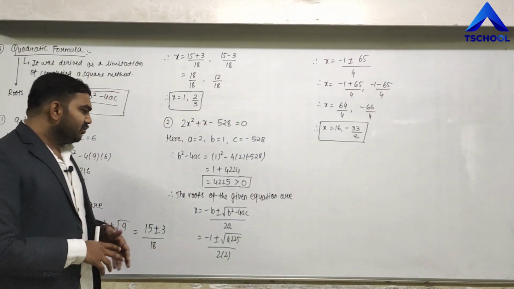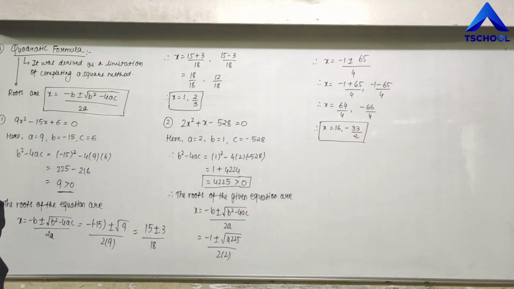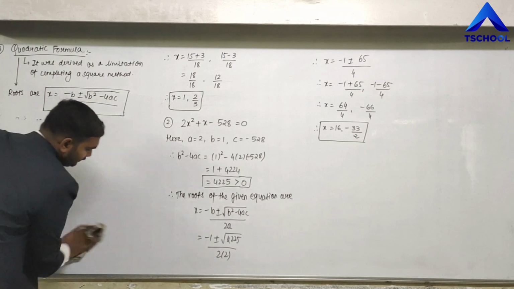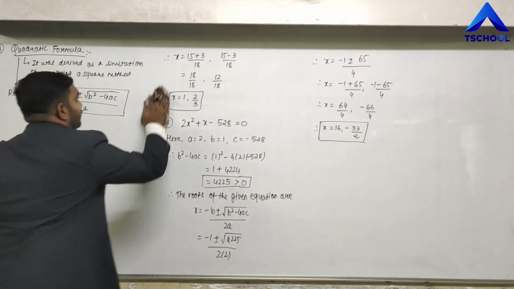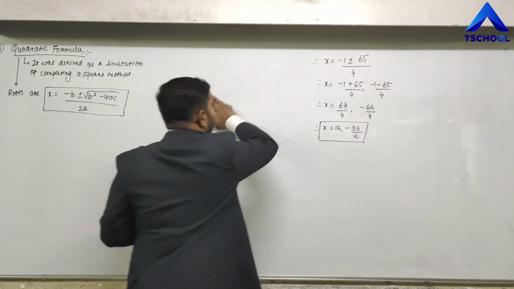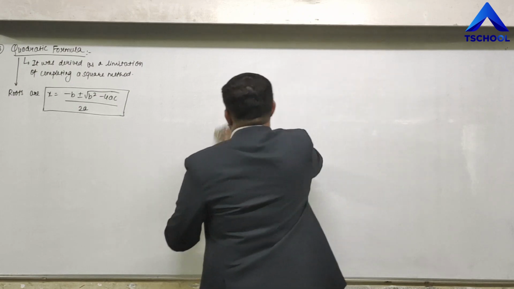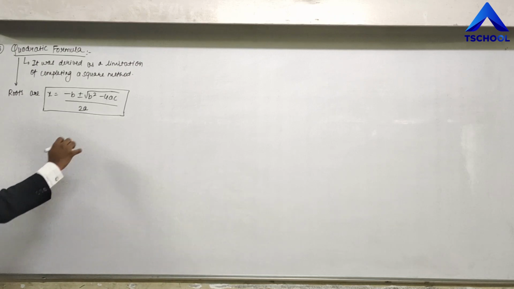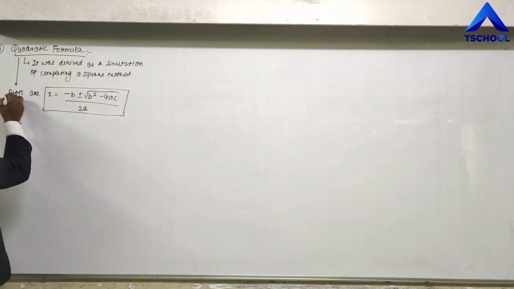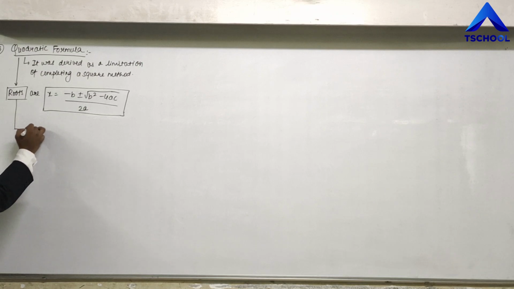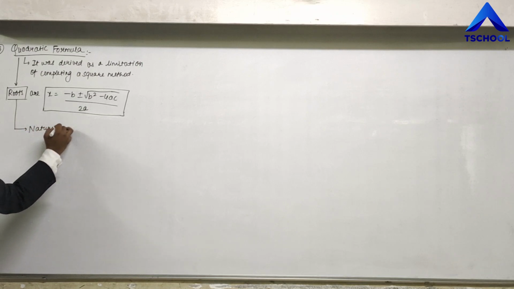So this depends on the value of b square minus 4ac, and that is what I am going to write down here. What I am going to write down is now the nature of the roots. We got the roots here: the roots are minus b plus or minus root b square minus 4ac upon 2a. Now for the nature of